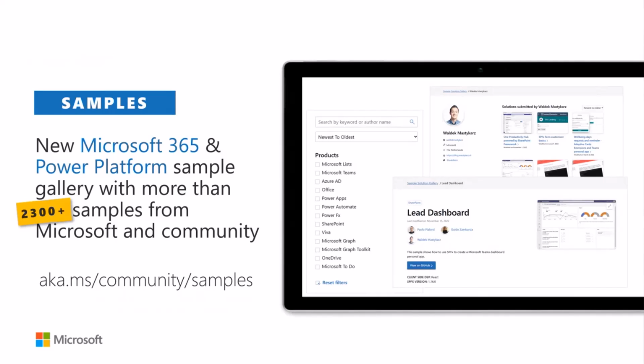So it's a really cool location where you can go to find inspiration and ideas on what other people are building. Or if you run into a deadlock situation within your code and think, oh my God, if only somebody had implemented something similar at some point, go to this location. It might be that somebody has, and try to find the relevant sample to get you unblocked. Now, when you find a sample, you might be wondering, I would love to contribute as well. I have this cool sample, but how would I actually contribute?